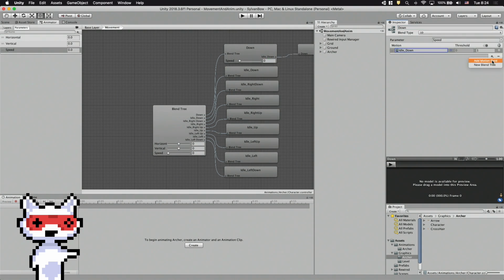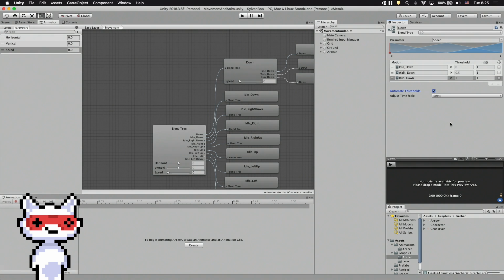And also let's add those animations as motion fields. We need to uncheck the Automate Thresholds checkbox so we can set the thresholds ourselves. These thresholds determine when the blend tree changes animations. The idle motion field is good at 0, but let's move the walk motion field really close to the idle, so the blend tree almost instantly switches to the walking animation when the speed parameter increases. The threshold at 0.0001 should be close enough to make the transition happen immediately. The running animation at 1 is perfect.